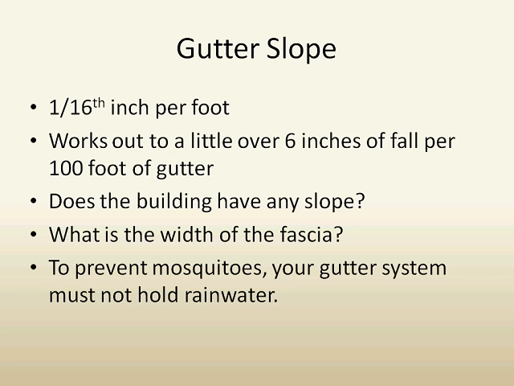If you're going to slope and your building is level, your fascia board has got to be wide enough so that over the length of the gutter you can have that slope. So it's something that you have to think about. And why do we have slope on gutters? Well, we really don't want to have standing water in our gutters, so you want to have slope. And more slope also increases the capacity.